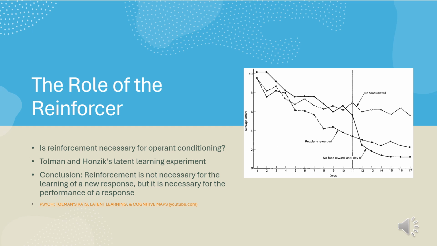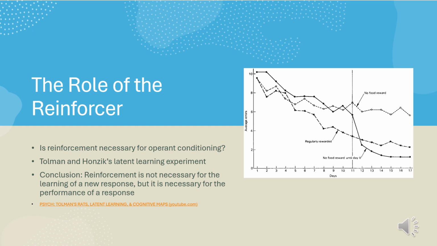They trained rats in a maze under 3 conditions. The first one being the reinforced group. Rats received food at the end of the maze from the beginning of the experiment. The non-reinforced group, which is the rats that received no food throughout the experiment. And then the latent learning group, which is rats that initially received no food for 10 days, but on the 11th day, food was introduced. The latent learning group showed that rats were learning the maze without reinforcement, as they performed almost as well as the reinforced group once the food was introduced.